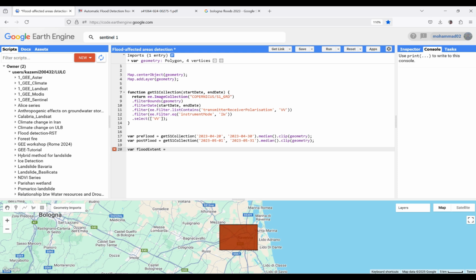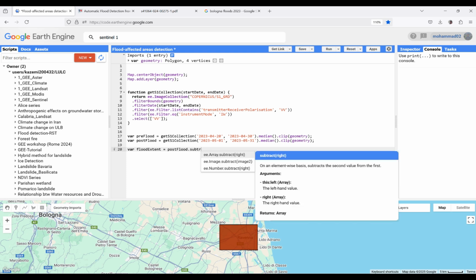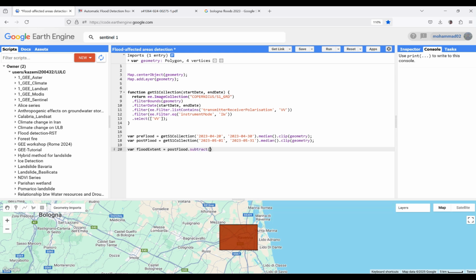In order to do this, I'm gonna say from post-flood dot subtract, okay, subtract pre-flood and get